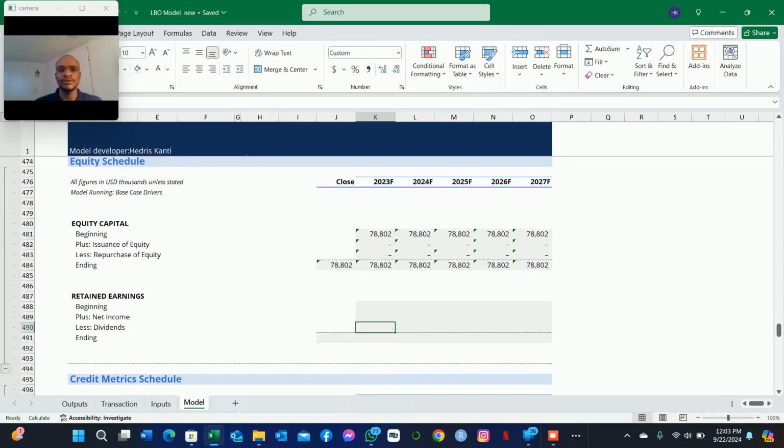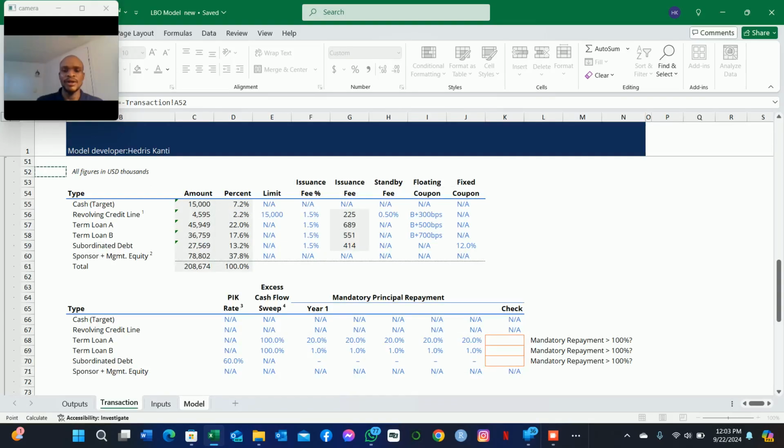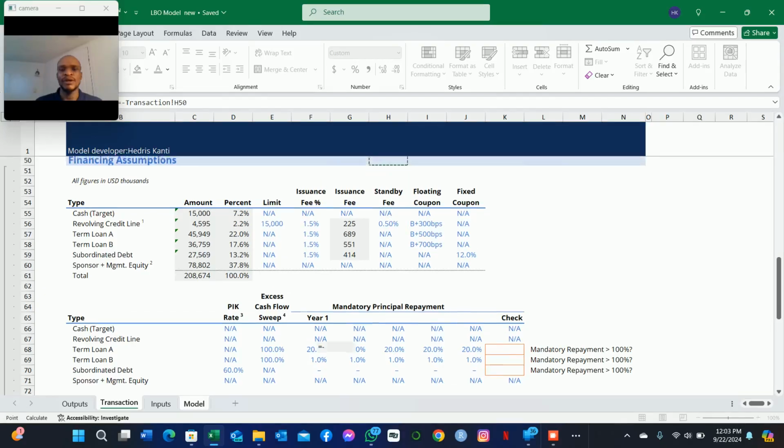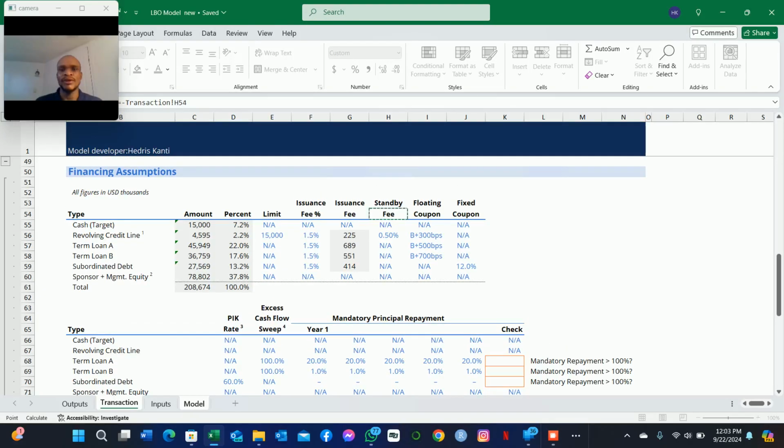Having said and done that, the retained earnings will be affected by the total fees that were issued as a result of this transaction. Remember that the investment bankers came into this transaction to issue debt on behalf of the